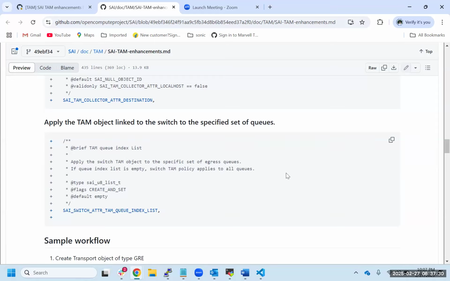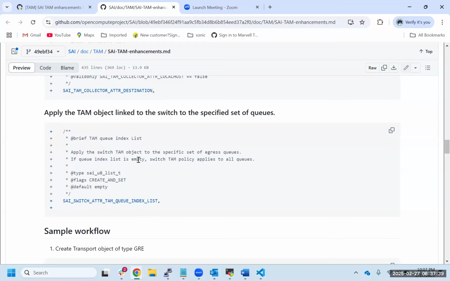regarding the switch, the time object is bound to a switch. So today, as I said before, we can create a time object and bind it to a switch object, and that time policy is applicable to the entire switch.